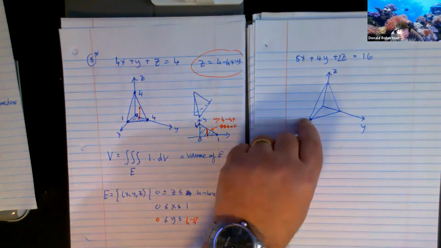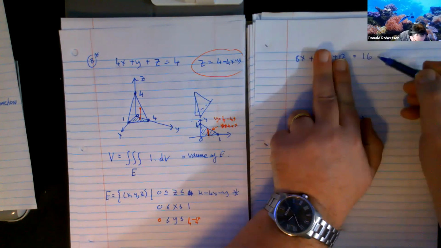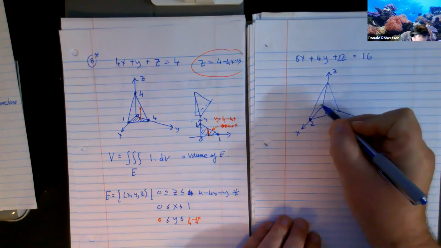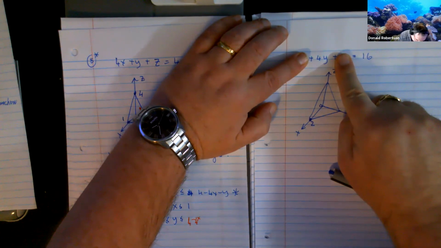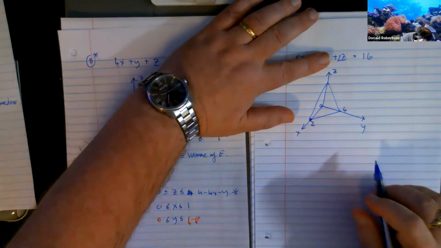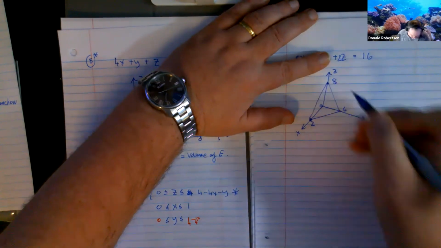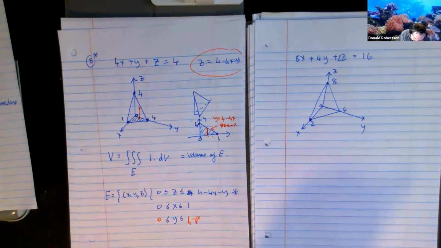Where does it cut the x-axis? Well, y and z are both 0, so in this case x would be 2. Where does it cut the y-axis? Well, these two are 0, in which case it's going to be 4. Where does it cut the z-axis? In this case, it's going to be 8. Do we feel comfortable about how we constructed that part of the picture? Right. Now, in this case,